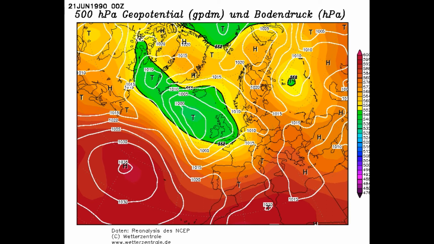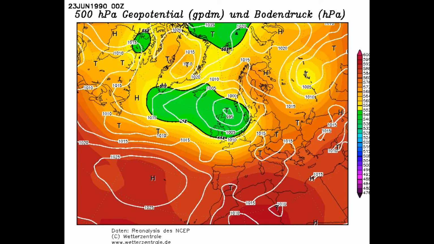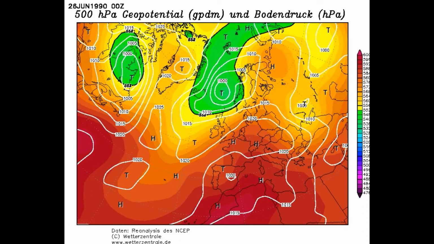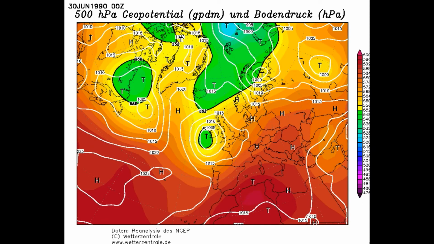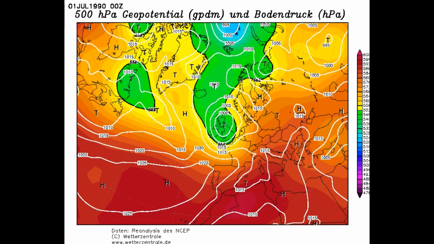And the weather remains poor through the 23rd and into the 26th of June. High pressure having a bit of a go before again on the 28th and then into the 30th of June 1990, that ridge is flattened off. So really quite a poor month. And it actually continues as well into the start of July. So on the 1st of July 1990 there you can see that pretty hideous chart there with low pressure over the country. Well, slap bang over the country I should say.